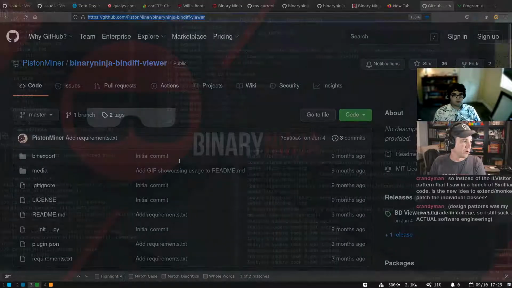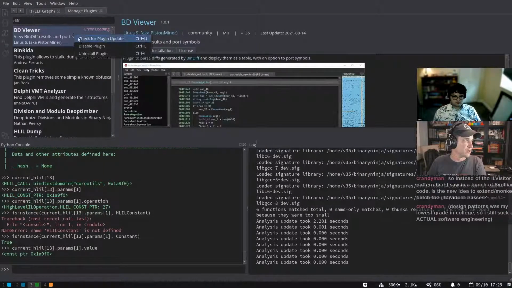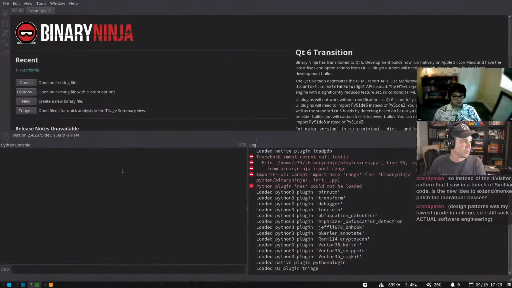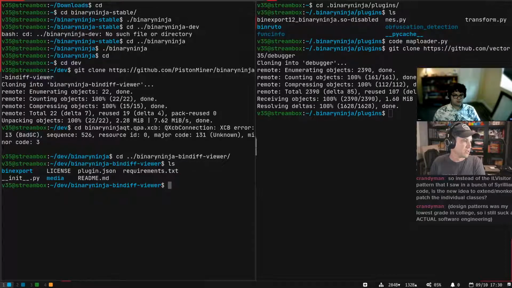And we're gonna go and again, I'm gonna uninstall the Binja viewer plugin from here. I'm going to restart Binja. And actually, I should have waited to do that. And now I'm going to... Wait, where did I do that, dev? Oh. Wrong place. There we go. Okay, so here's the plugin. So, so let's do this.